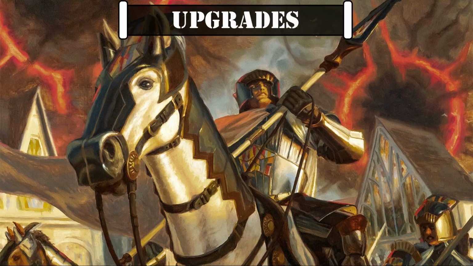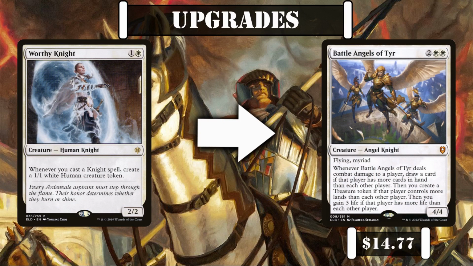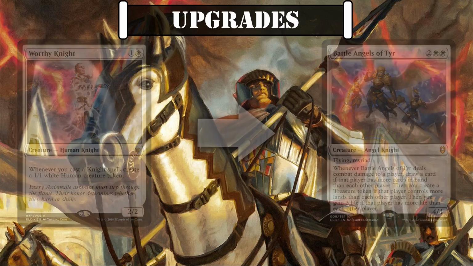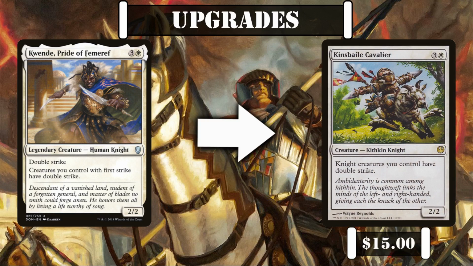Then for further upgrades, Worthy Knight can be benched in favor of Battle Angels of Tyr to provide us with additional draw, ramp, and life gain on top of a tribal evasive body that can hit all our opponents simultaneously. Quende, Pride of Femeref can be cut to make room for Kinsbaile Cavalier, who is a literal upgrade in this case as, for the same mana cost, it provides double strike to all our knights